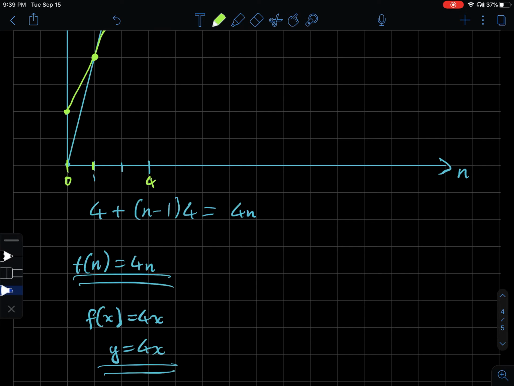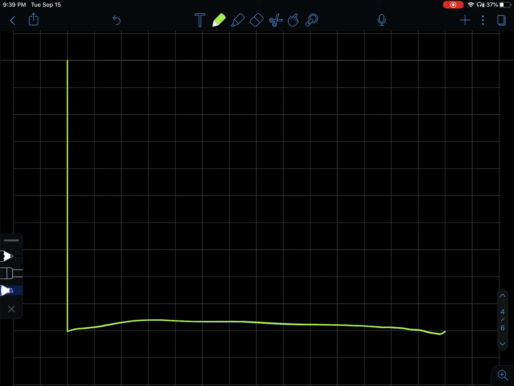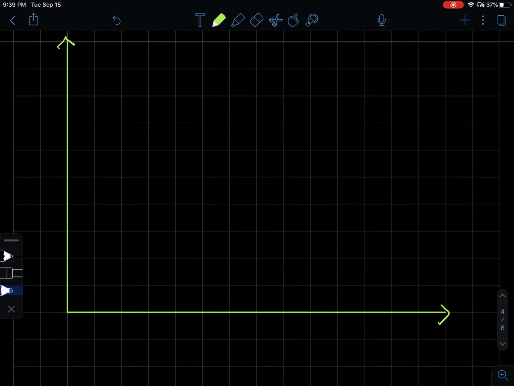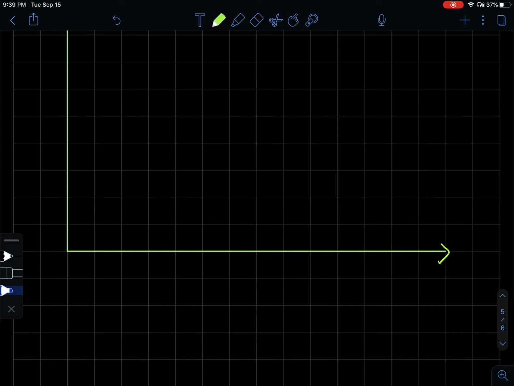Now, that's not always the case. It is always the case for infinite years, but generally you don't put it forever in an account, right? You're going to take it out at some point, right? So here's the thing. Let's say this was our arithmetic sequence. This was our line,